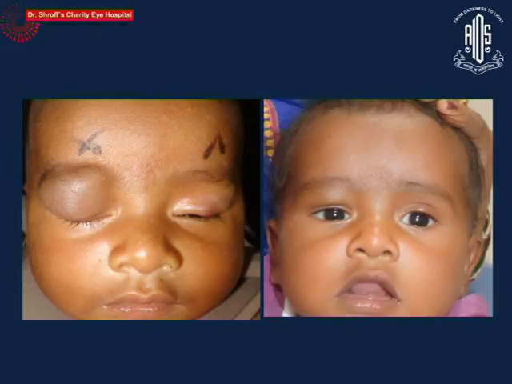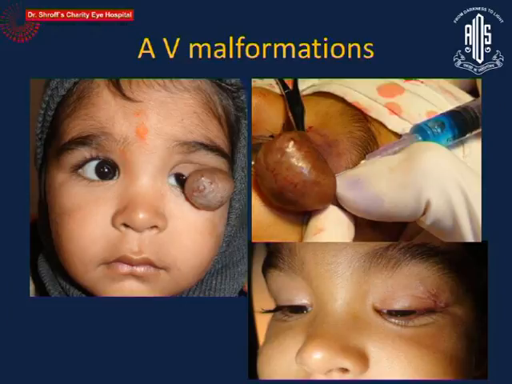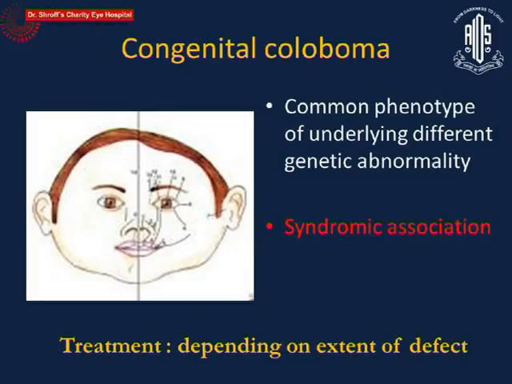AV malformations are a little more difficult to treat than the hemangiomas because many times they have a vascular connection to the posterior orbit. So what we do in these cases most of the time, before trying to excise them, is inject cyanoacrylate glue within the lesion to cause microembolization of the feeding vessels, which makes the surgical excision much easier. Otherwise, we have to use a lot of cautery and there is a lot of bleeding, and at times the scar and the healing process also become much more severe. So the use of glue actually makes the excision of these AV malformations much easier.